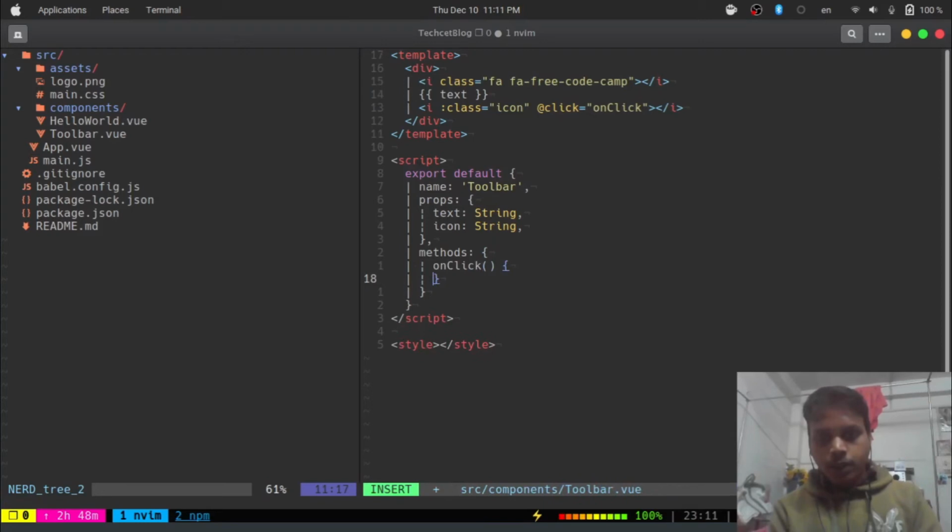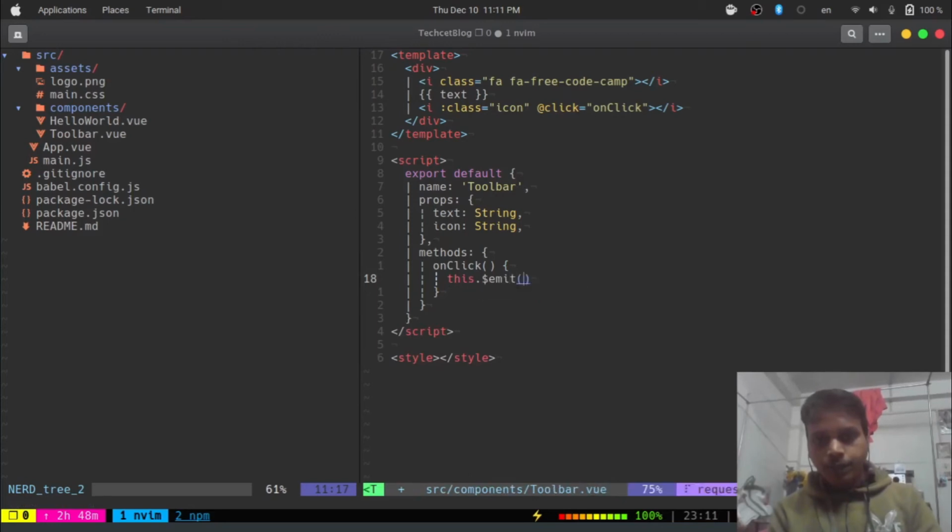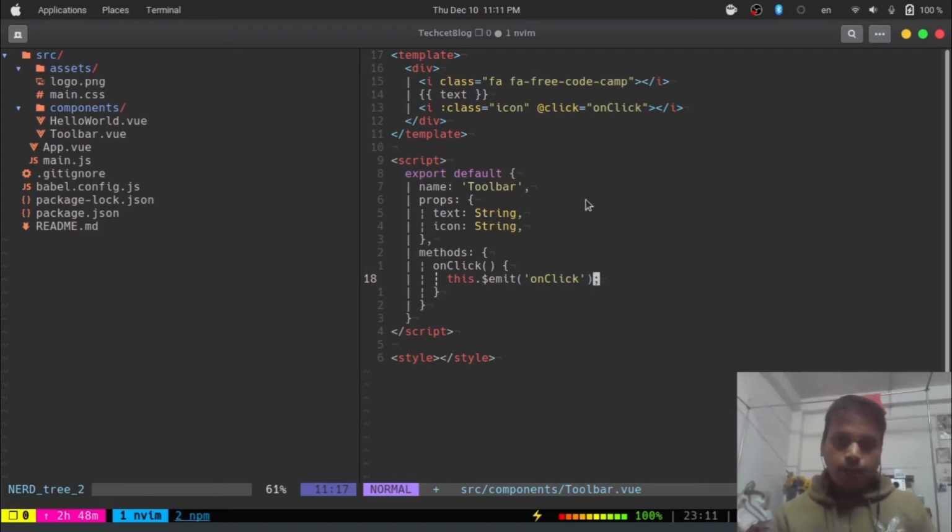So on click, not like this, like this one. So this $emit on click, so it will emit this on click to our parent component. So save this,